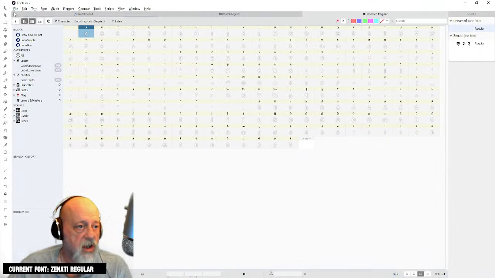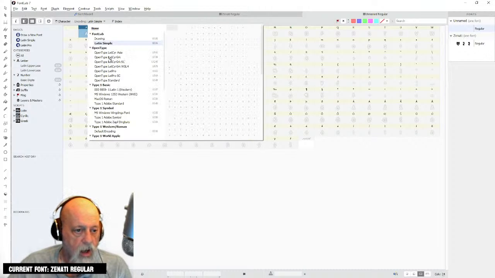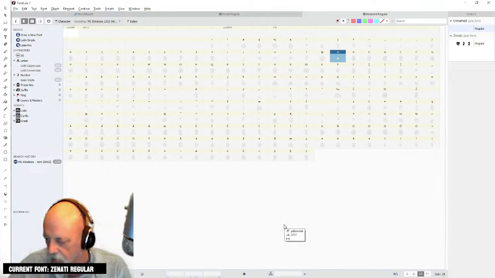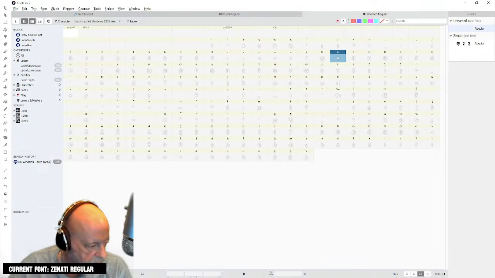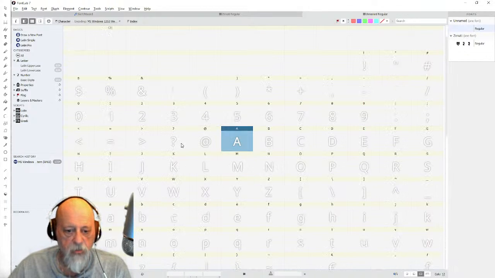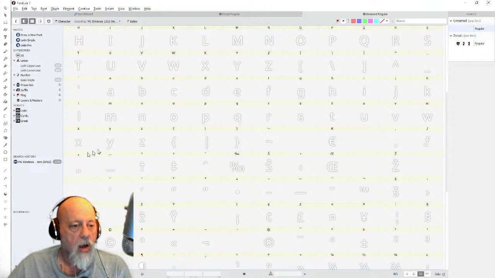So I've just hit File, New Font, and I go up here to Encoding, and I scroll down to MS Windows 1252 Western ANSI, because I think that has the best compatibility with any software out there. And then I turn off the Zenati Regular thing because we're not doing that right now, and I left that on the entire time. And I will switch the columns to, say, 12, so they're nice and big, and go pick